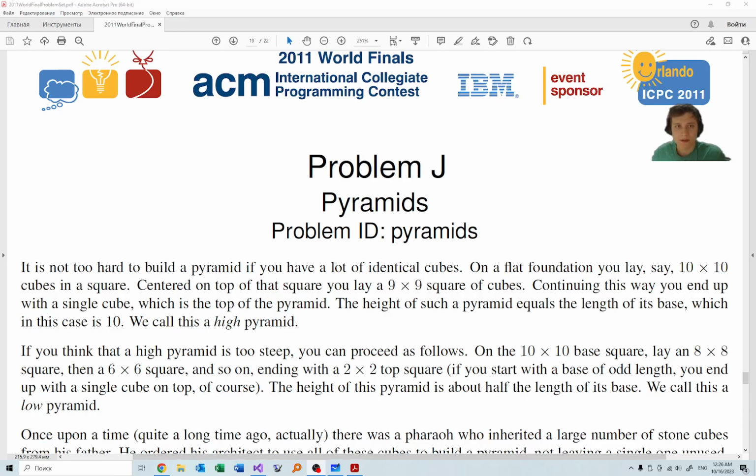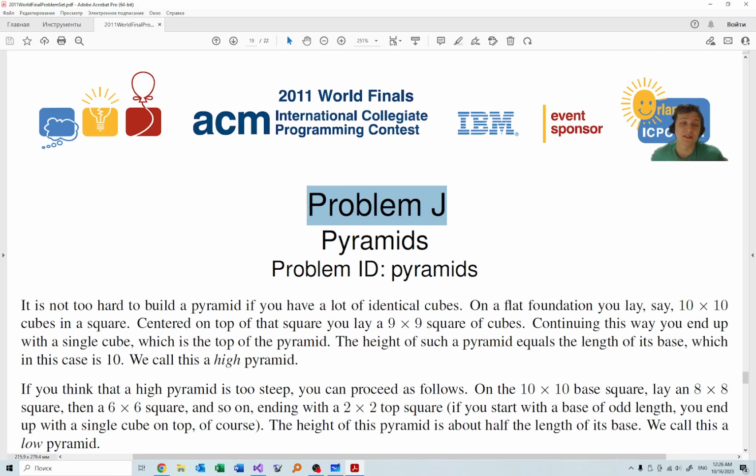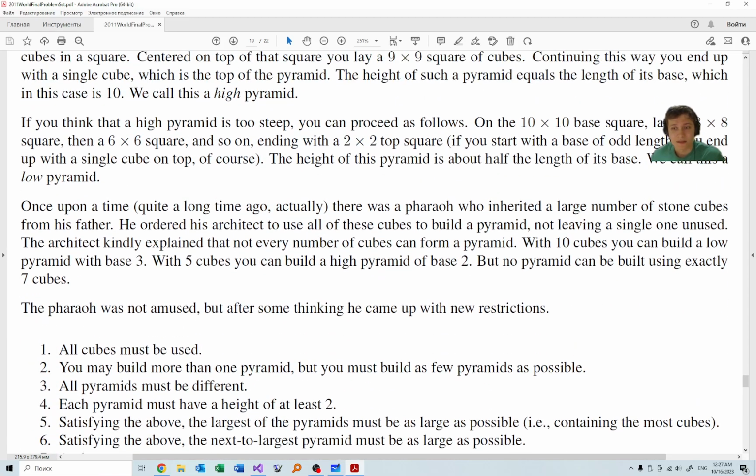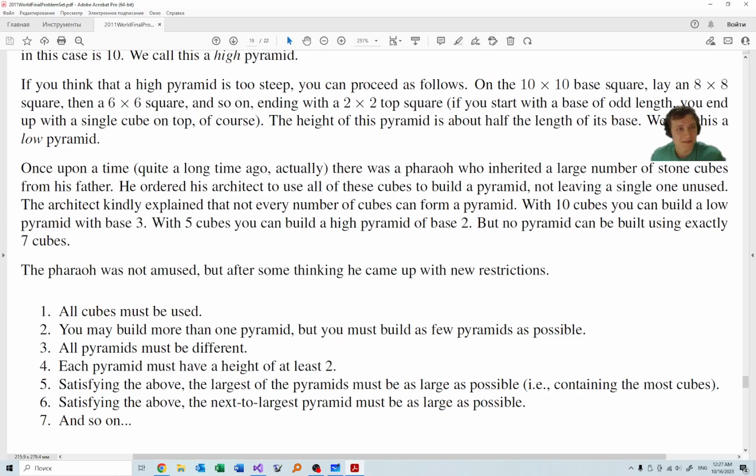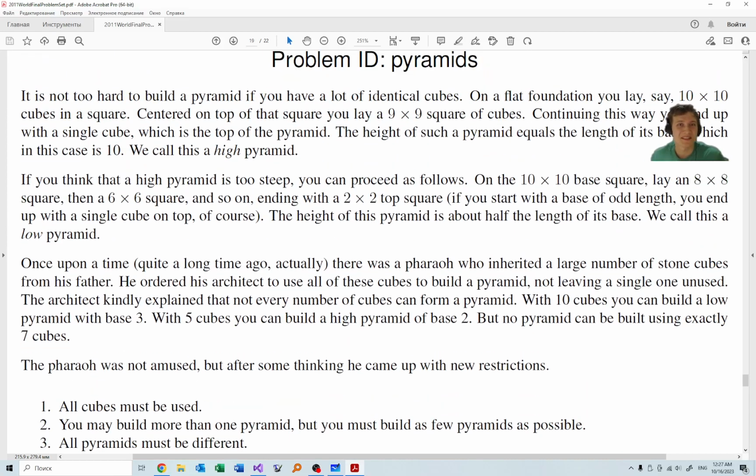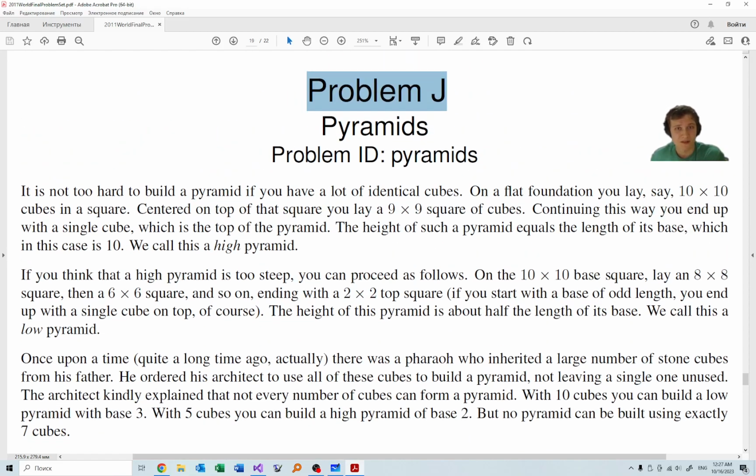Hello. I would like to discuss a knapsack problem, which is problem J, sorry, from ACM ICPC World Finals 2011. The kinda bizarre moment is that we didn't solve this problem during the contest, and this is embarrassing because this problem is actually really easy. So it was solved by more than 100 teams during the